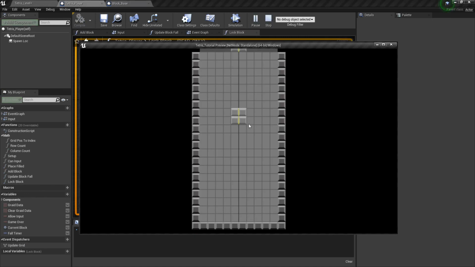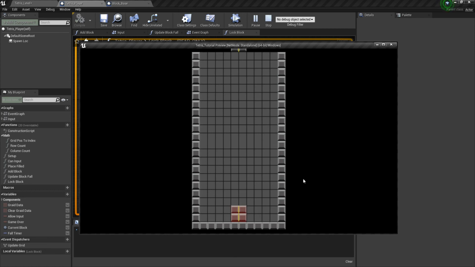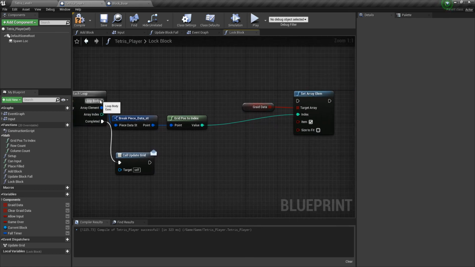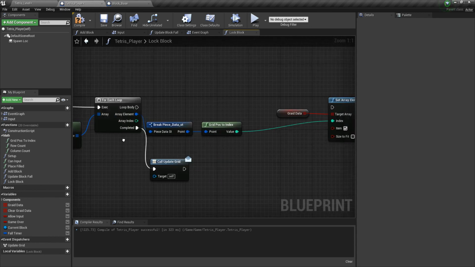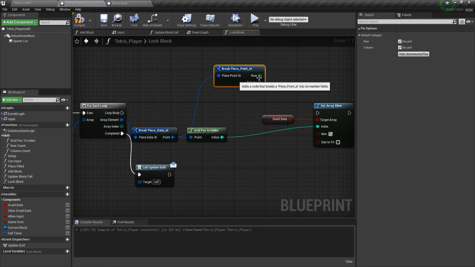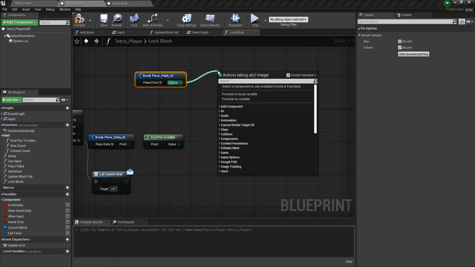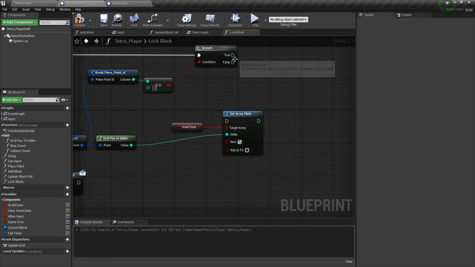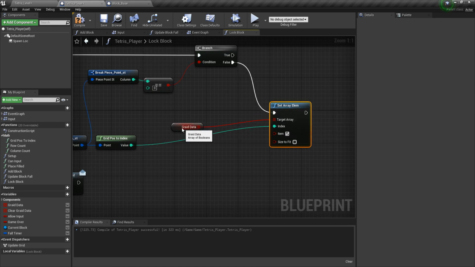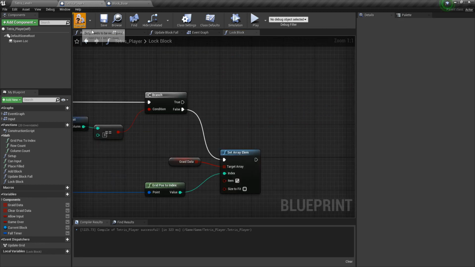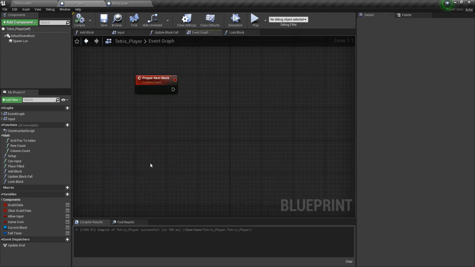So now if you go back and play the game, you'll see the little animation and then everything on the grid will update. So we want to go back to the lock block function, and from the loop body, from grid data as array, we need to take the point and we want to check the column value. And we want to see if it is equal to 0. So if it doesn't equal 0, then we can go ahead and set the array element to be whatever the position is. But if it is 0, let's go back to the event graph and we'll add one more custom